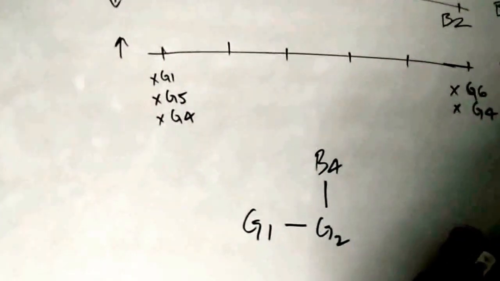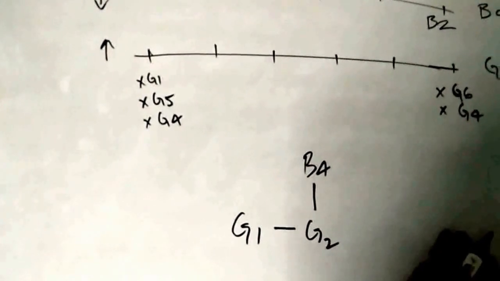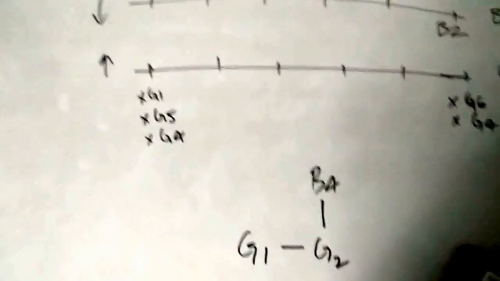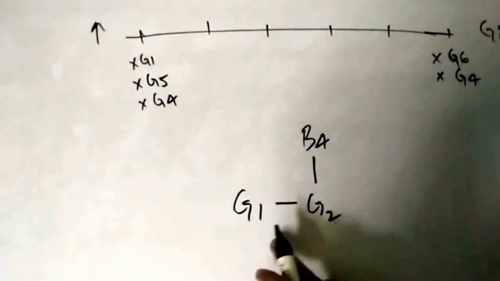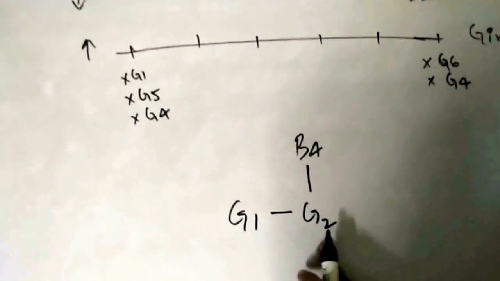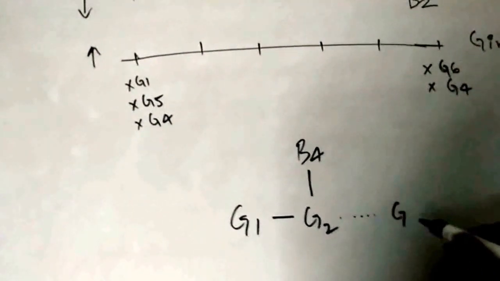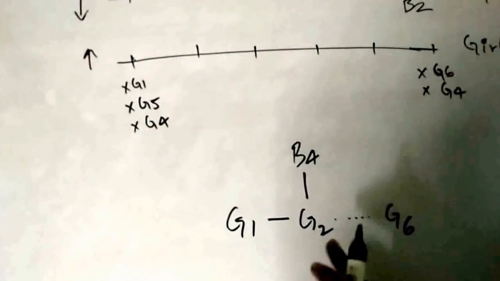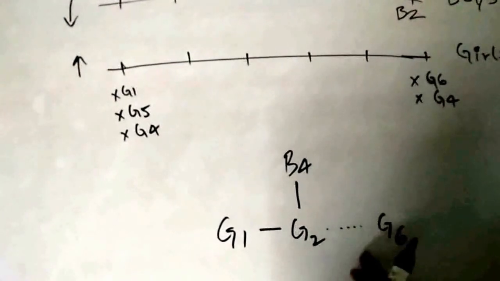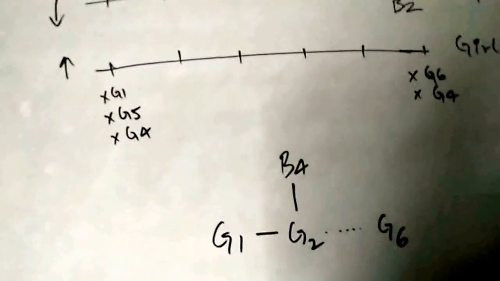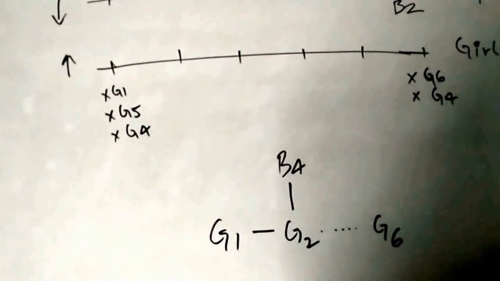Alright, so the next point says that G6 is to the right of G1. So now the next place is occupied by G2. So it's definitely going to be somewhere around here. Okay, we don't exactly know which of these places is going to be occupied by G6, so let's mark it with dots. Alright. And it also says that G4 is opposite to B5.